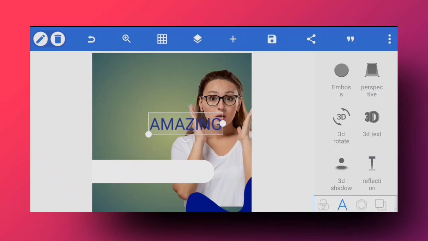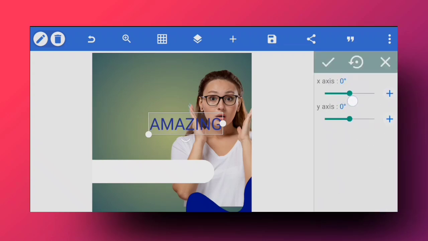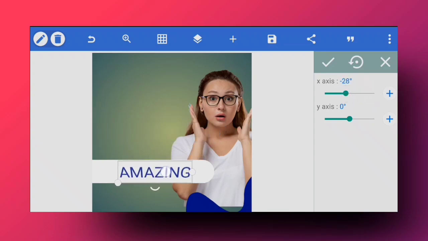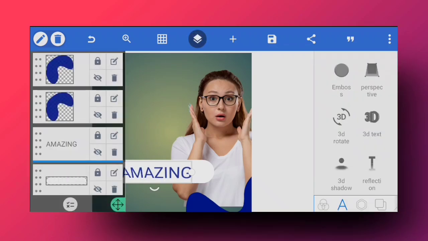Now moving on, we got some more 3D functions and 3D options right here. In this 3D option, also 3D rotation, you can change your 3D-ness. So if you can see on this white, you can also see that this text is rotating in 3D, like it is rotating in a 180 degree motion. So you can flip it, and you can see how it is changing its position. And that is something that I have used on my thumbnail.